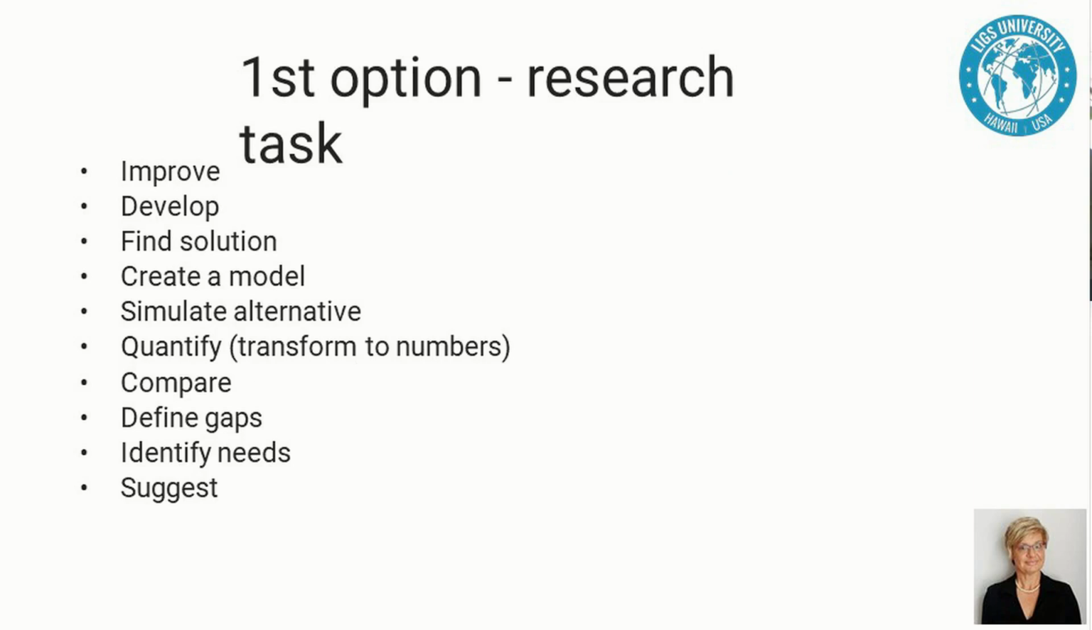How to grab it? The seminar paper must have some kind of goal, objective. So the goal can be like a research task. It means